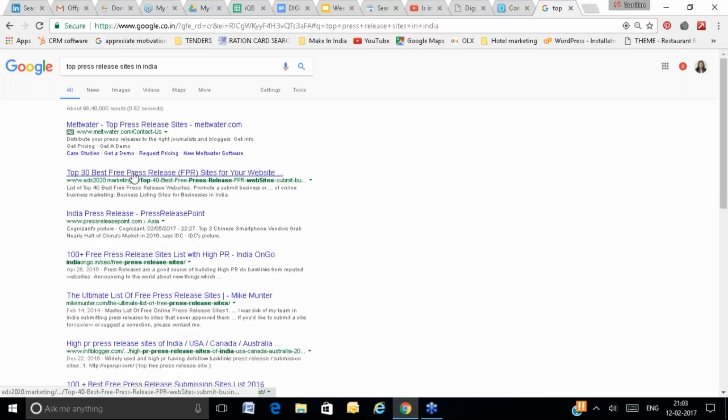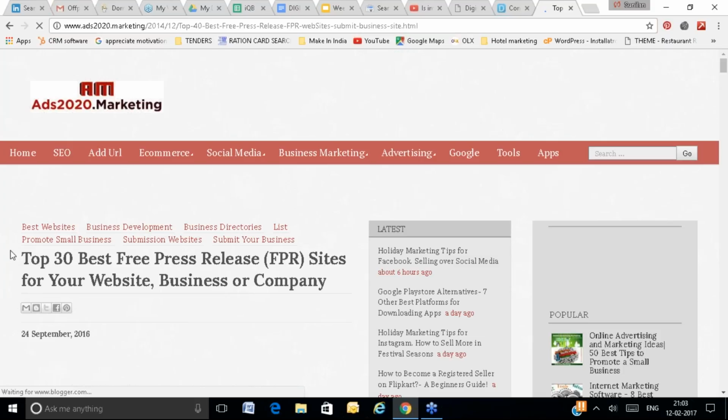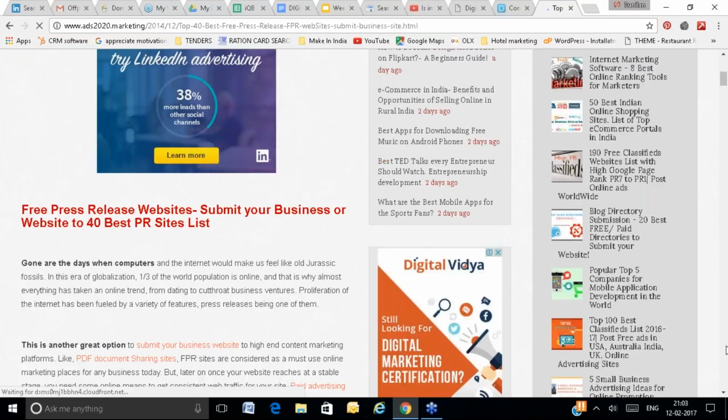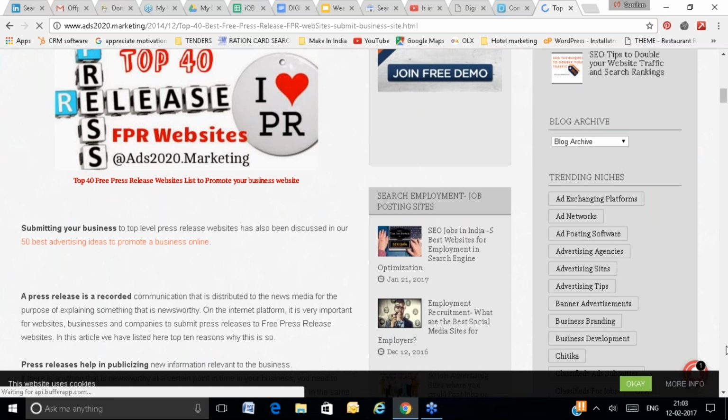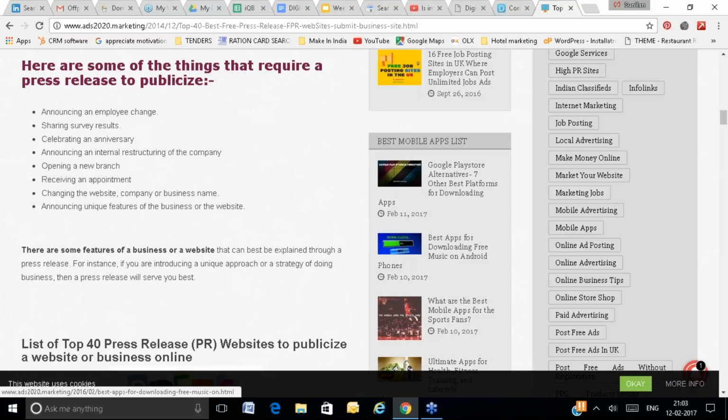Some websites will give you a top press release website list, and here you will first visit the website, create the account, write the press release and submit it and wait for approval. So these are the top press release websites.